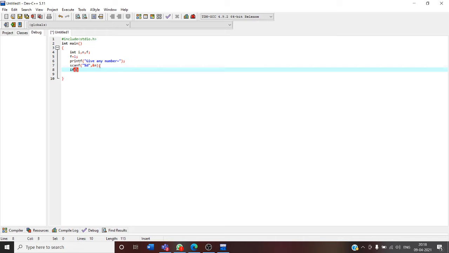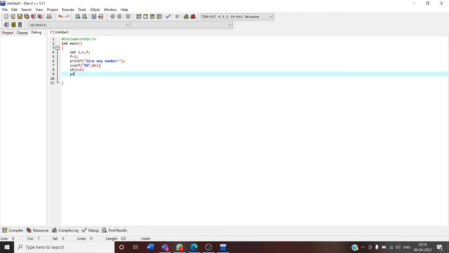Okay, now if n less than 0, here we print no factorial for any negative number.